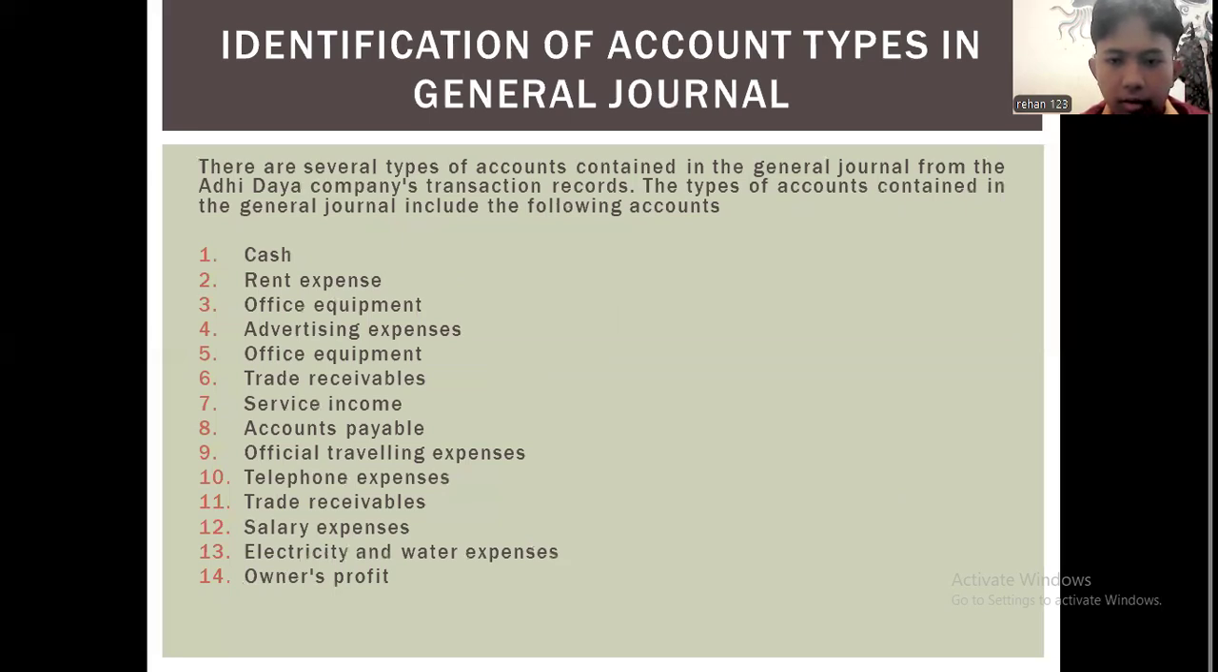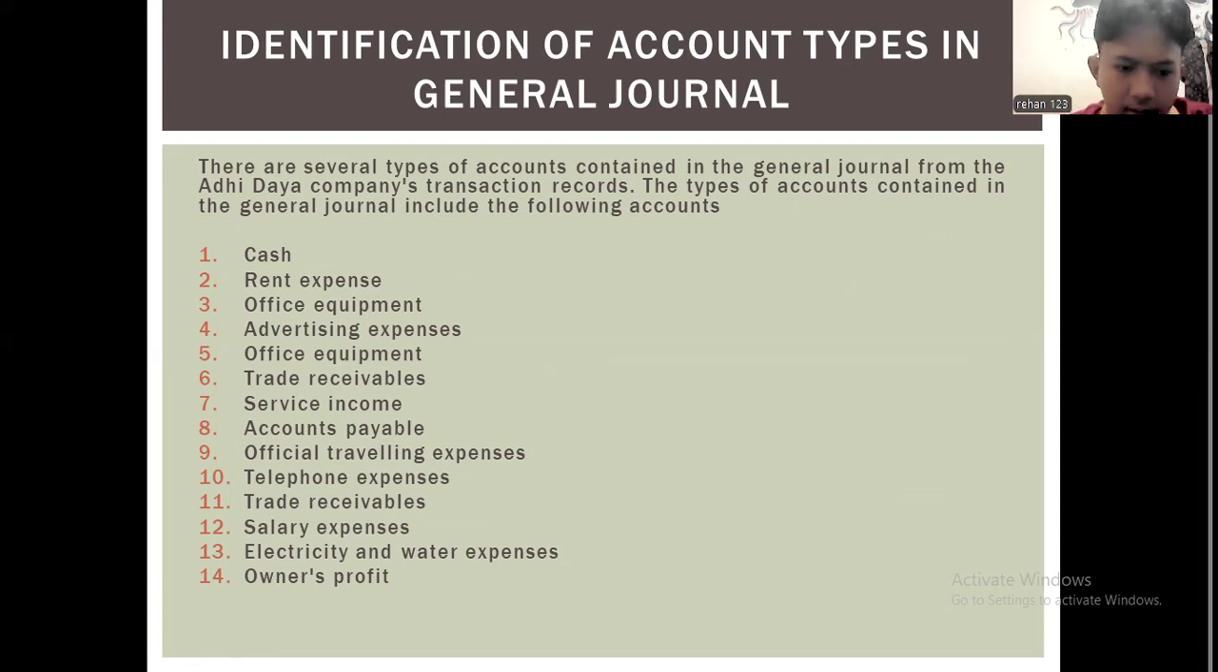Identification of account types in the general journal. There are several types of accounts contained in the general journal from the Adidaya Company's transaction records. The types of accounts in the general journal include the following accounts. Number 1, cash. Number 2, rent expense. Number 3, office equipment. Number 4, advertising expense. Number 5, office equipment and trade